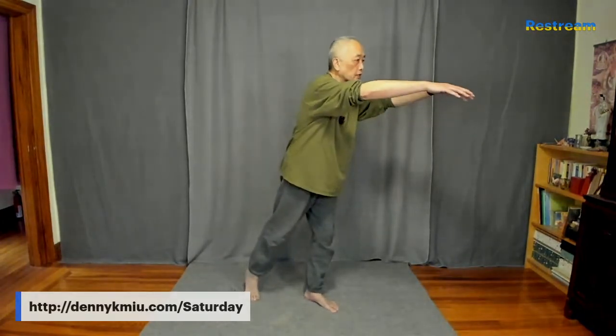Okay, continue, left hand side. Okay, now the trick here is to follow the hand and feel your fingers. Feel how your fingers are cutting through the air. Feel the breath coming into your stomach, and then feel your air going back out, following your hand at all times. Breathe in,